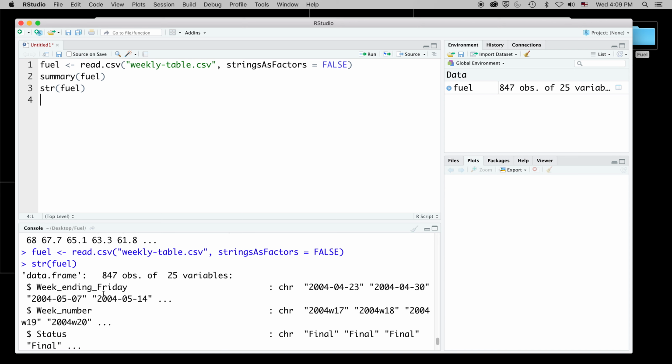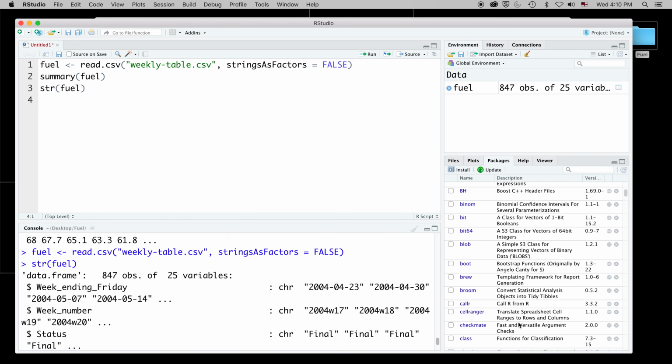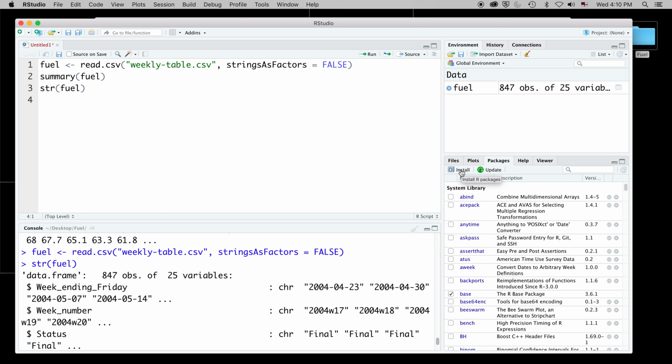Looking at the week ending Friday column, that's a date column, but it's still being read as a character. I could go back to the read CSV function again and add yet more settings, getting to a very fine level of detail. But I could also change the kind of column it is after the fact, either using built-in functions or ones from added helper libraries. In the bottom right corner of R, there's a packages tab that shows all the helper libraries installed inside my copy of R, including ones I've added myself. Up the top is an install button. I click on that